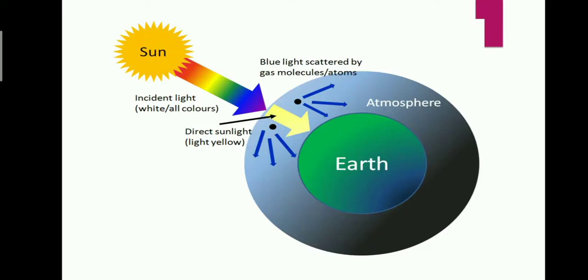Before that, we are going to see how exactly it works. You can look into the diagram, into the image itself, where we have a sun which constitutes all the seven colors. But you can see at the end of the day, our earth is receiving the bluish light itself. See here, incident white light, directly sunlight yellow color. Then you can see, due to the scattering, blue light is scattered the most, because of the atmospheric gases which are responsible for the scattering, and so you witness the blue color of the sky.